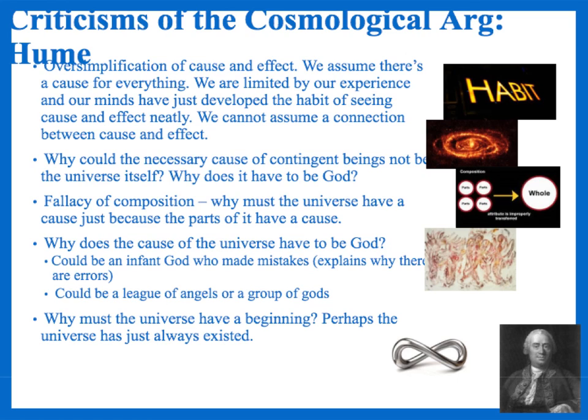The other famous one, which is used by Bertrand Russell later, is the fallacy of composition. This is a logical fallacy where you believe that the nature of the parts means that the nature of the whole, the composition, is the same. So Bertrand Russell famously says, just because every human has a mother doesn't mean the human race as a whole has a mother. Make sure you don't use that quote and say it's Hume. You could explain Hume. He just says you shouldn't ascribe the same nature of the parts to the whole. You could say this is later explained by Russell using that quote, but don't say that the mother race one